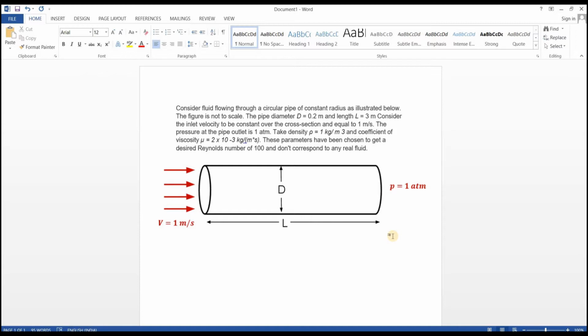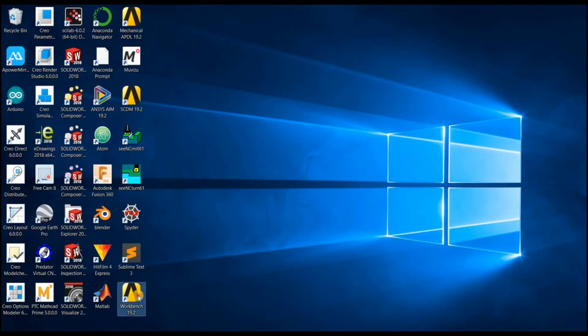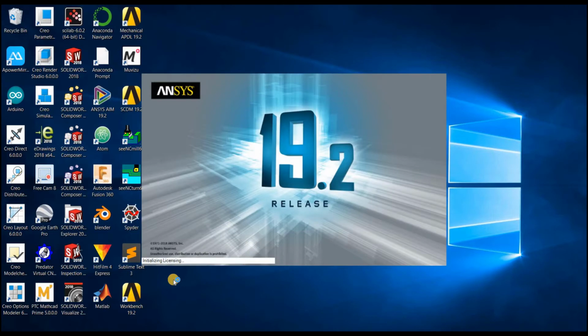So, you can see the geometry of length 3 meters and diameter of around 0.2 meters, and you have to remember those things like density and viscosity, and there is a constant velocity of 1 meter per second. So now we are going to do this simulation in Workbench of ANSYS, and now I